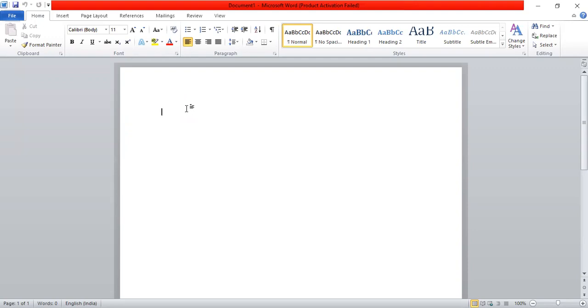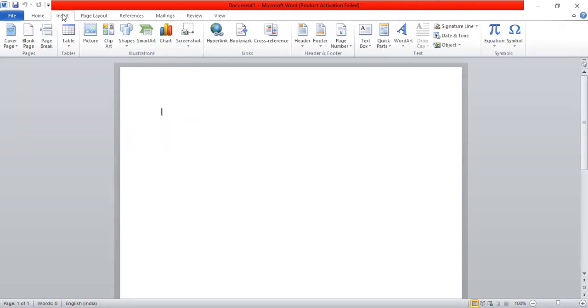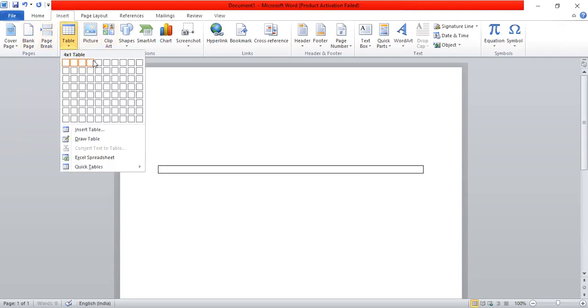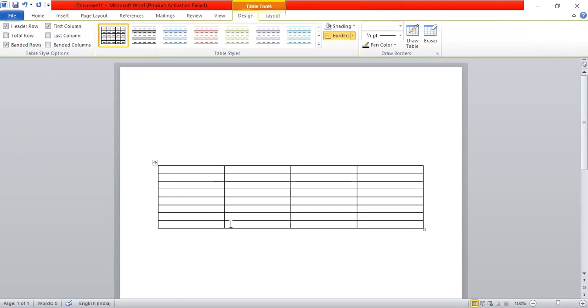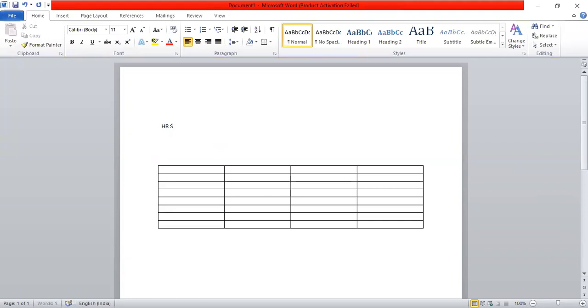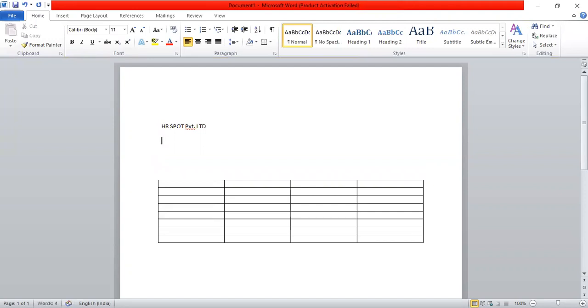To generate the payslip, first we have to prepare one payslip format. So let's insert a table. I'm going to prepare one format, and in the format I will add 4 columns. I would suggest whenever you prepare a payslip, just add 4 columns. Rows depend on the components you have in your payslip. Here I'm going to draft the details of the company. Let's say transport. Then location, I'm marking the branch